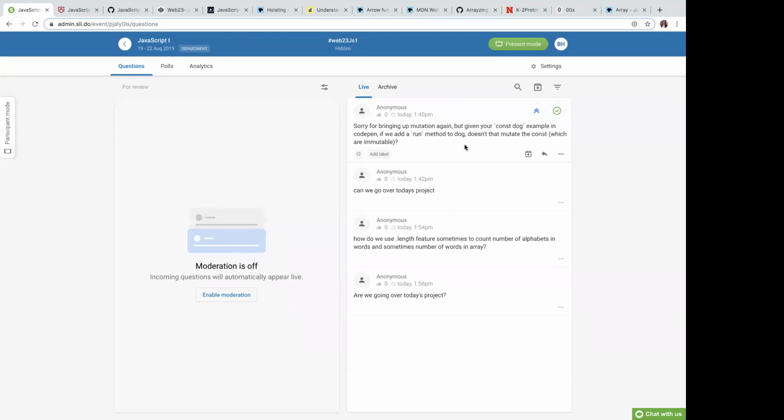Sorry for bringing up mutation again, but given your const dog example in CodePen, if we add a run method to dog, doesn't that mutate the const, which is immutable? No. So